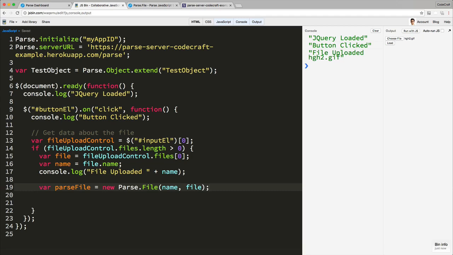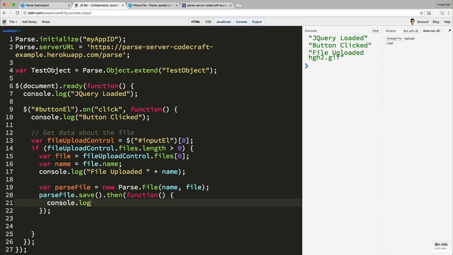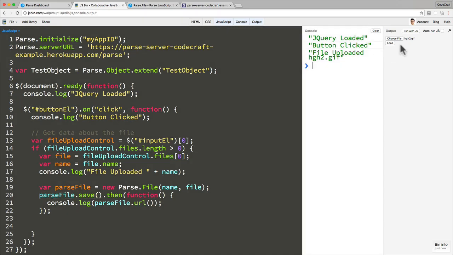Okay, so now we've created the Parse file. We can treat it like any other object in Parse. We want to save it. So do parseFile.save, and again this returns a promise which we can hook into with then. And what I want to do is log out the URL of the file once it's been saved on the Parse server. So this is the publicly accessible URL. This will only be present once the Parse file has actually saved on the Parse server. So let's have a look and see what happens